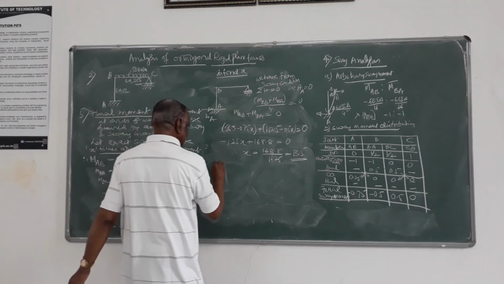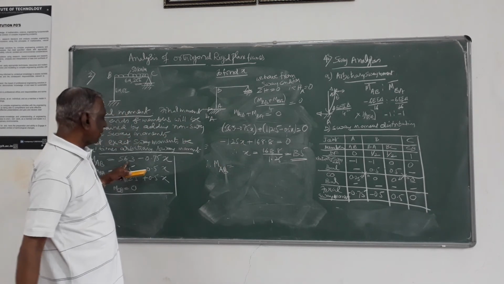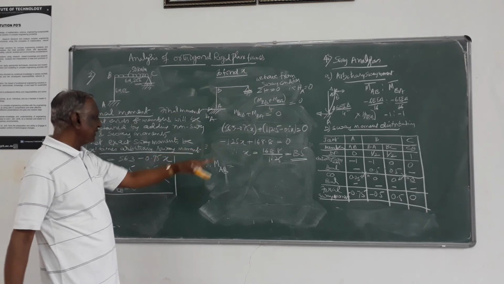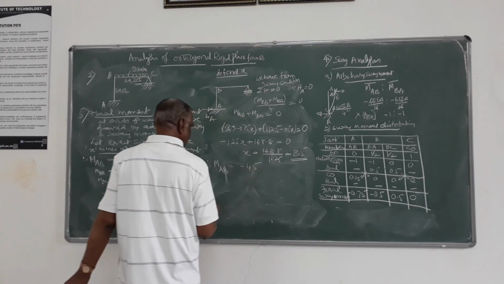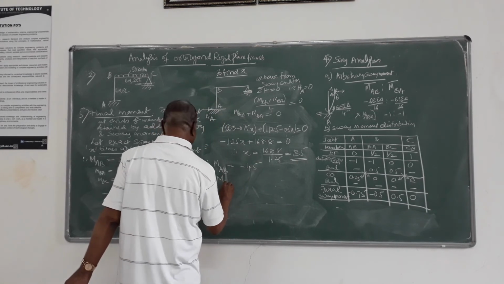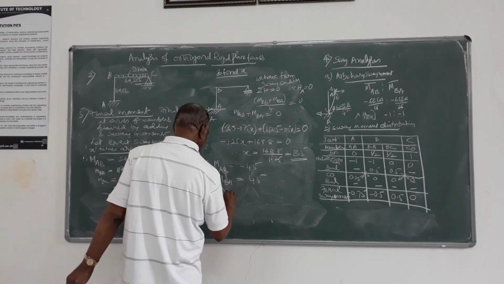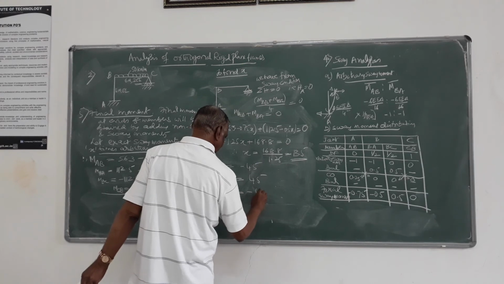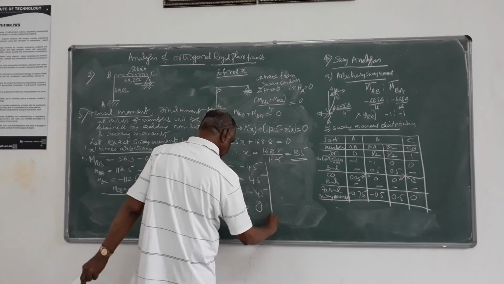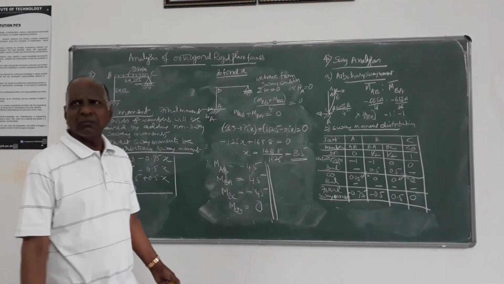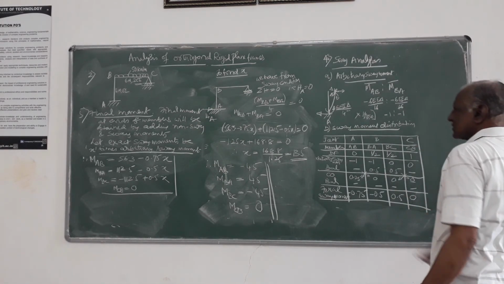Now you substitute this 135 here. So you get, therefore, MAB is equal to 56.3 minus 0.75 into 135. I think it is minus 44.95, 45. Yes, sir. MBA plus 45 and MBC minus 45 and MCB is 0. So this is the final moment. So we got the full solution for this sway frame.